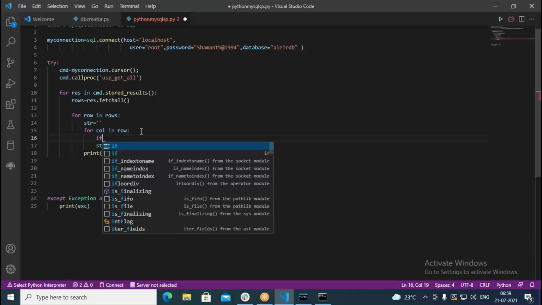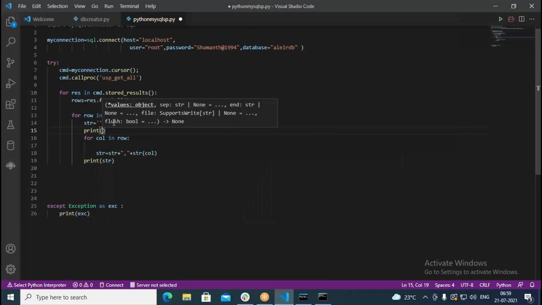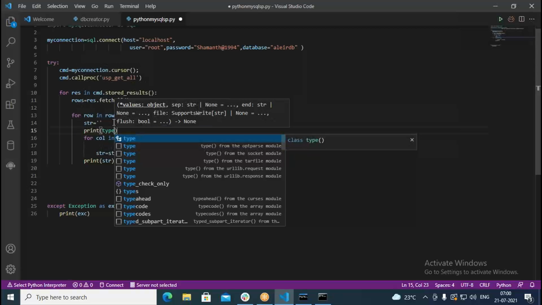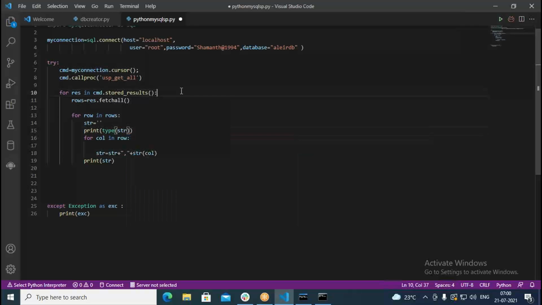So in such cases, we have to use type here. Before that, I try to print here: print type followed by, in brackets, str. Let us see what is going to be printed.